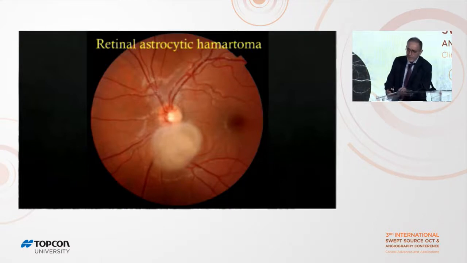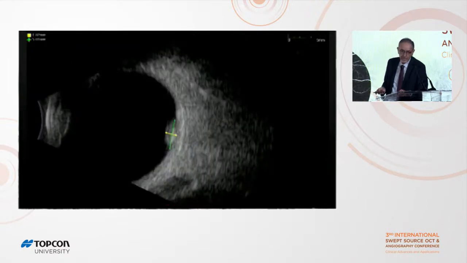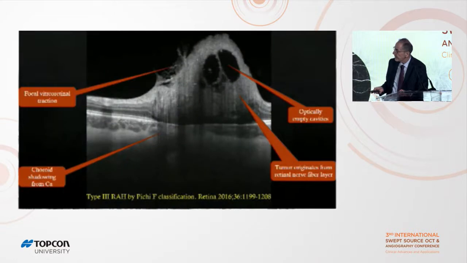Retinal tumors are rare compared to uveal tumors in adults, and here we can see a patient with retinal astrocytic hamartoma. This is the left eye. You can see the whitish colored lesion, and this is the B-scan ultrasonogram showing a 1.8 millimeter thick lesion with some intrinsic calcification. And this is the swept source OCT image